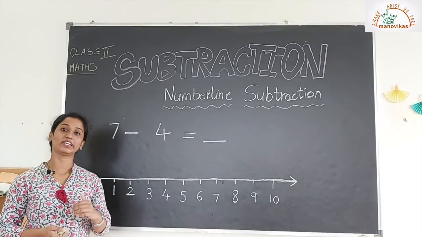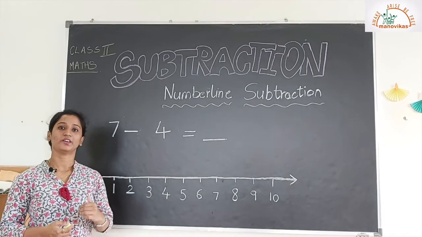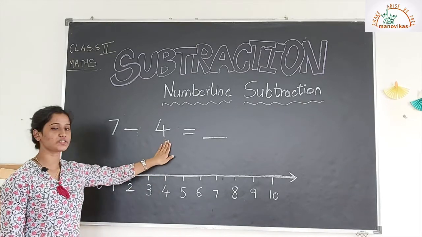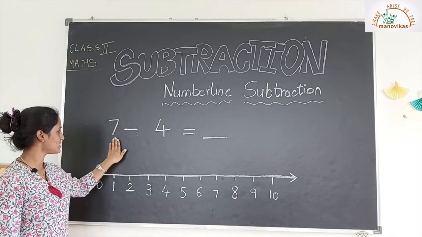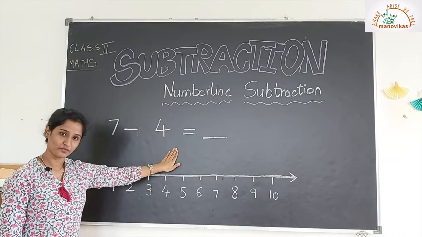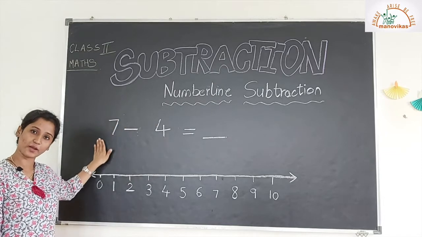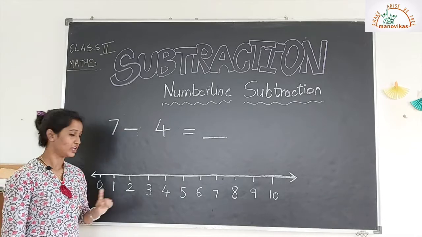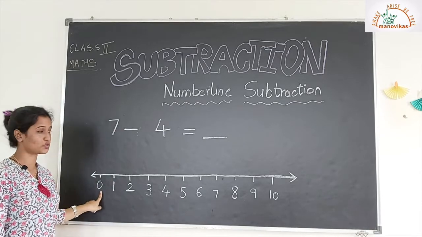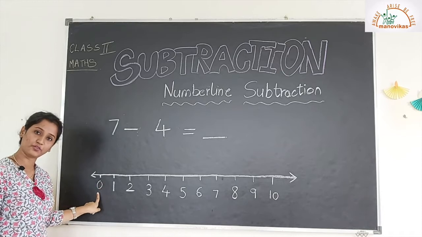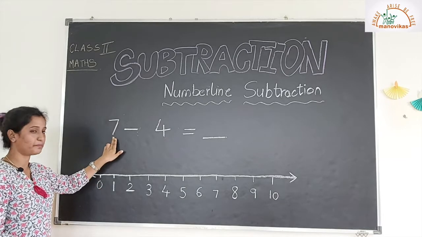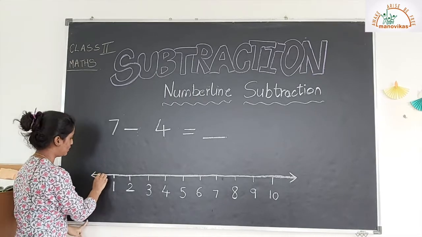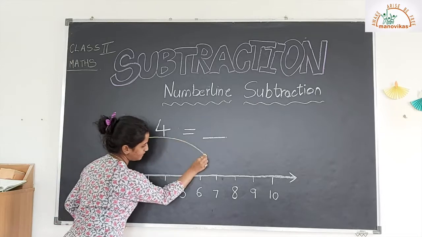Students, like how we had done addition on the number line, same way we have to do subtraction on the number line. So here we have 7 minus 4. So which is the greater number here? 7, and smallest is 4. So we have to take out 4 from 7. So I hope you all remember how to start the number line, correct? We always begin with a 0. So same for subtraction as well. We have to begin with a 0. So which is the biggest number? 7. So from 0 we jump directly to number 7.